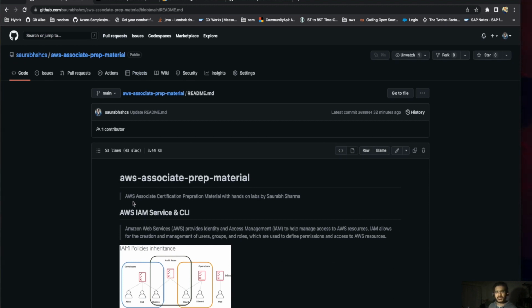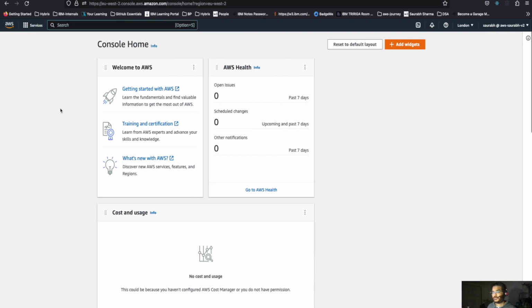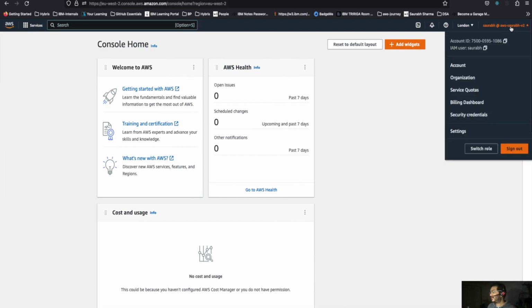And without any further delay, let me take you to the AWS console. So when I take you to the AWS console, you can see this is my AWS console, and you can see my user is not a root user, because the first rule in AWS management, if you are an admin, architect, or very senior level person who owns the AWS platform, is that you should not log in by your root account. You should create a new user via the root account and assign it to an admin group. So what I have done,